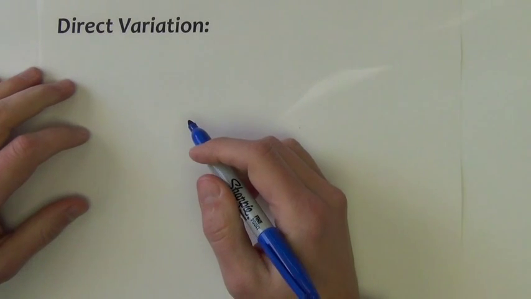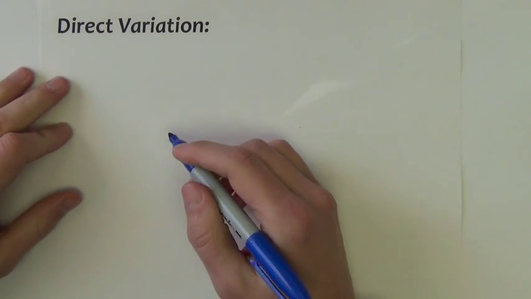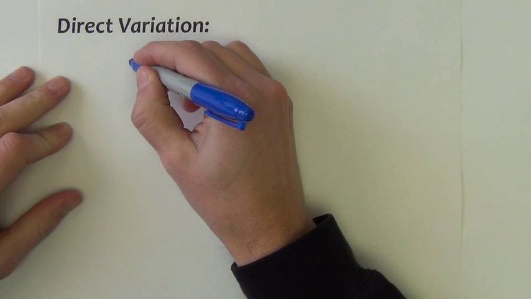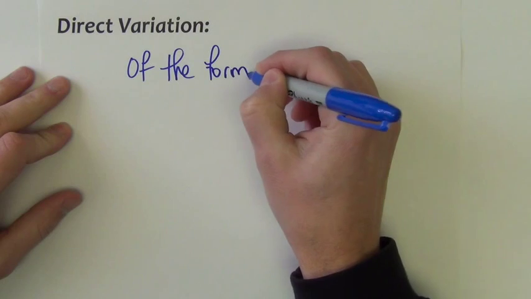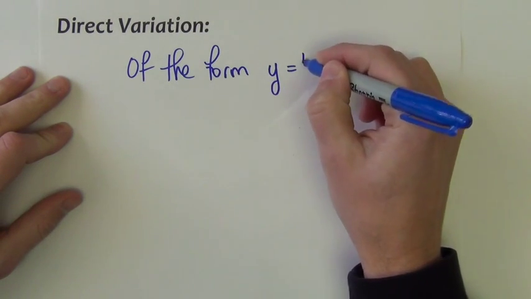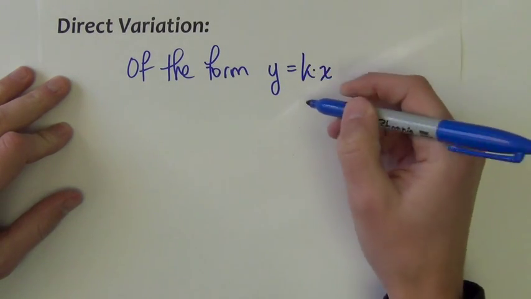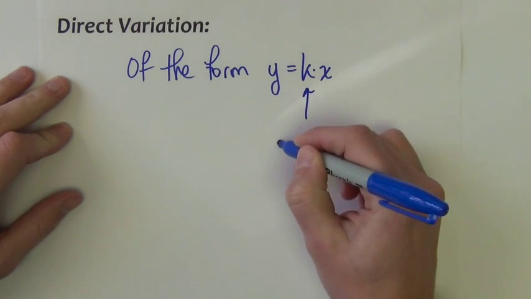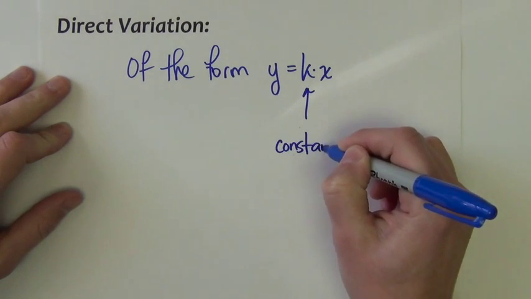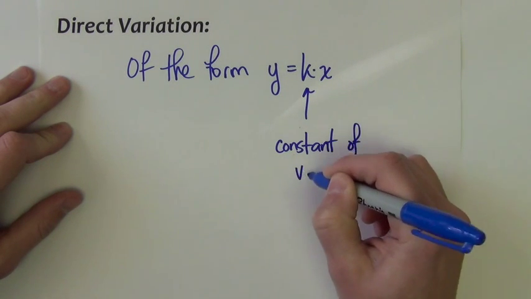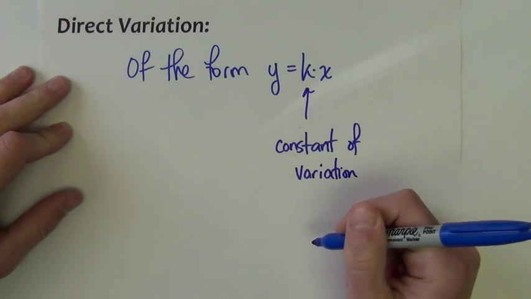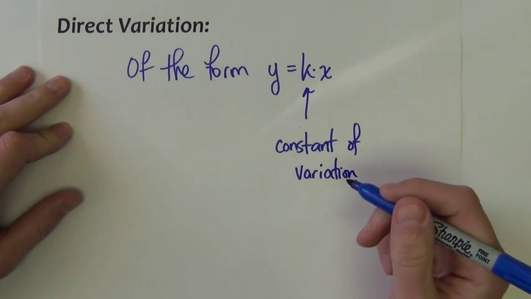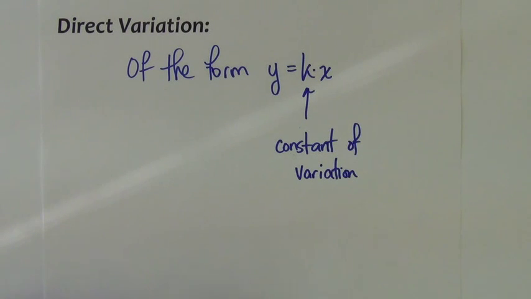The first of these variation models is called a direct variation. It is one that can be written of the form y equals k times x, where k is called the constant of variation, or sometimes the proportionality constant. They're easy to recognize this type, and actually